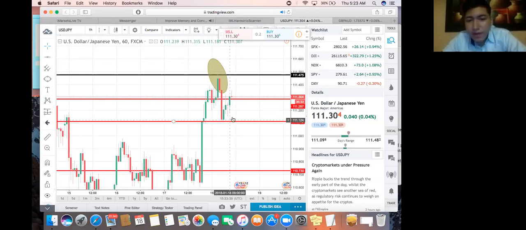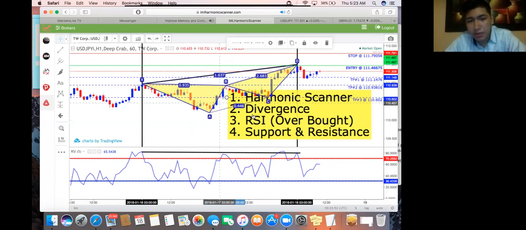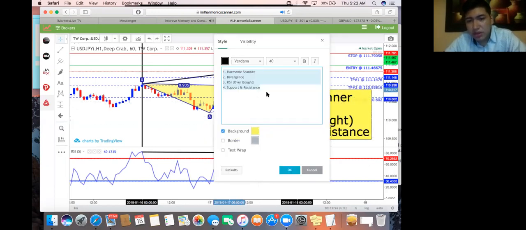So in theory, when it's on a resistance level, on the ceiling, it should go down. When it's on the support, it should go up. So if the harmonic scanner is telling me to sell, I expect the price to be on a resistance so it can make sense. That's basically it. So let me put the 5 points, and the fifth is only